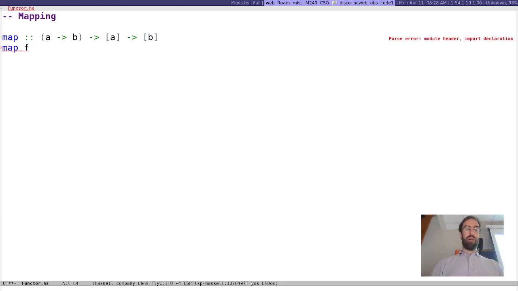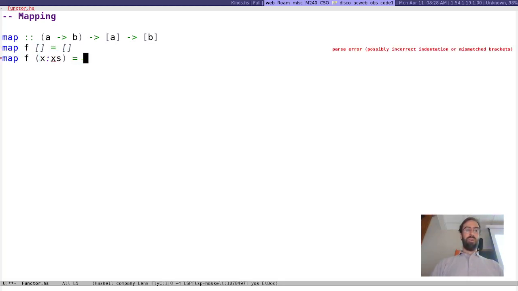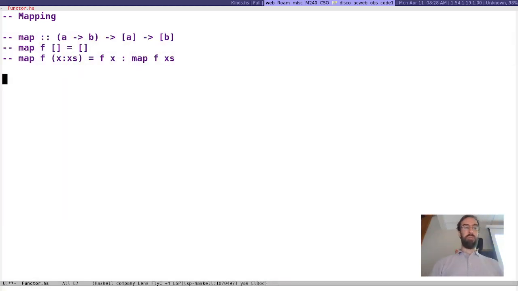Right, I'll just write it out here, but we all write map of empty is empty list, map f of x cons xs is f x cons map f xs. Yeah, of course it's going to yell at me because there's already something being mapped defined, but that's not the point. If we define like